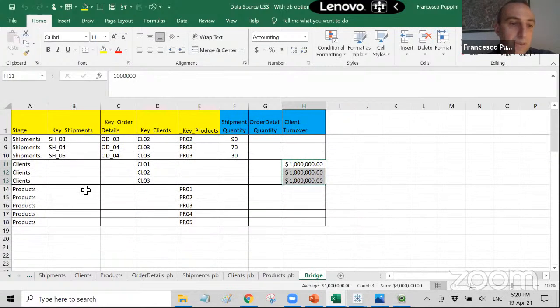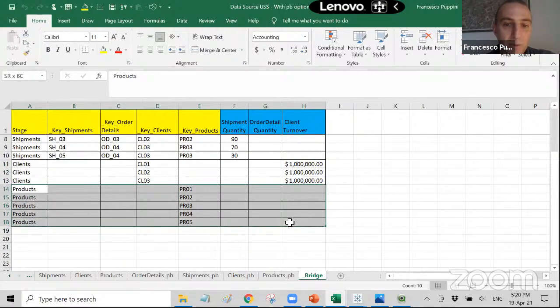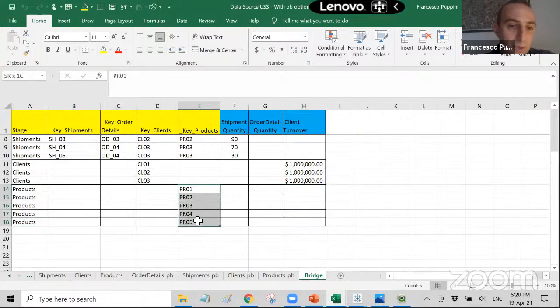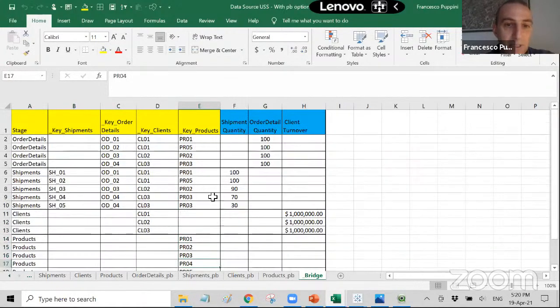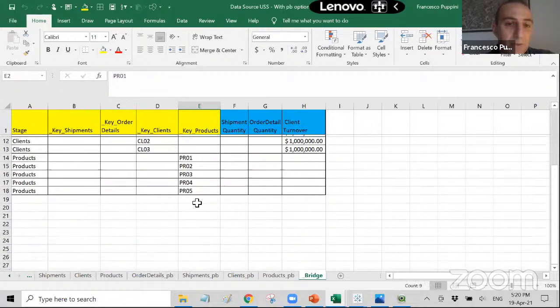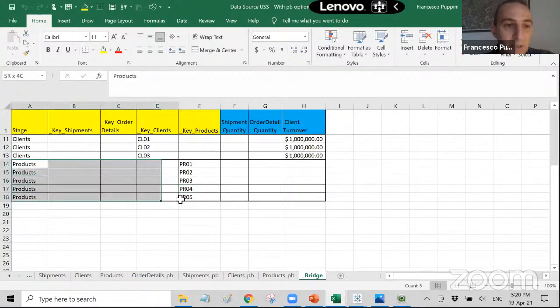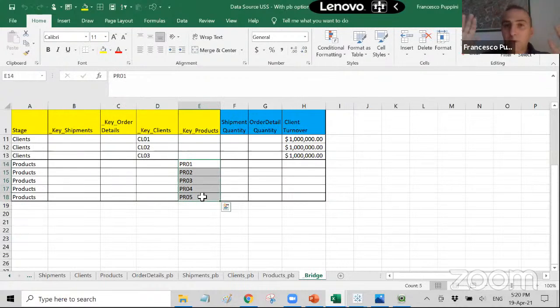And also in the case of products, it is also prey, but you see there is product number 4, which is only appearing here because for some reason nobody wants to buy product number 4. So by putting it here, a stage dedicated to product, even if the stage itself has no foreign keys populated, it's still useful because of the so-called full outer join effect.